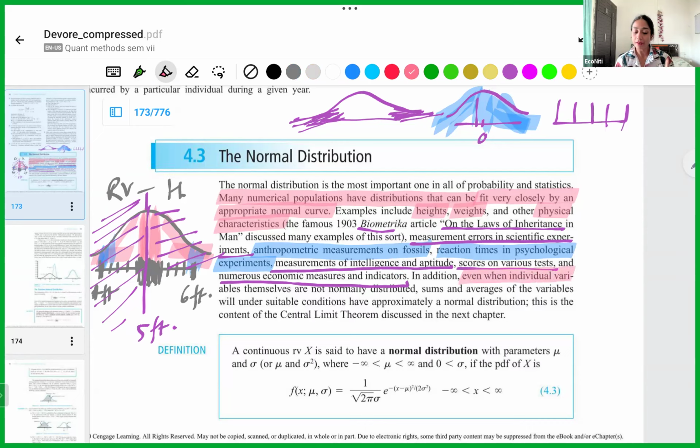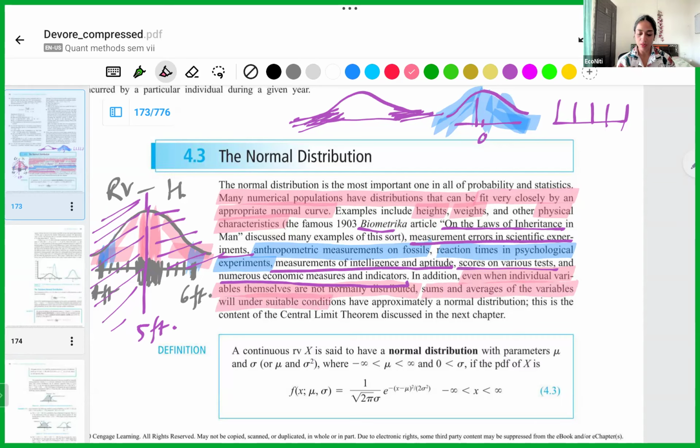Even when individual variables themselves are not normally distributed. So for example, you look at a Bernoulli, you look at a binomial, you look at a uniform. अब ये लोग तो इंडिविजुअल, सपोज डाइस टॉस किया तुमने एंड लुकिंग एट के कौन सा नंबर आता है, योर रैंडम वेरिएबल इक्वल्स द नंबर ऑन द डाई, दिस हैज अ यूनिफॉर्म डिस्ट्रीब्यूशन. लेकिन ये इंडिविजुअली खुद से दिस इज नॉट नॉर्मली डिस्ट्रीब्यूटेड, बट sums and averages of the variables